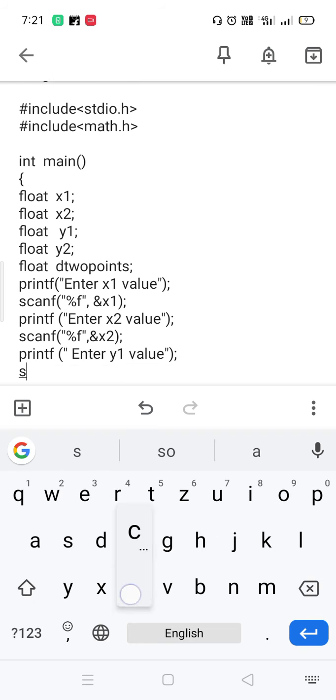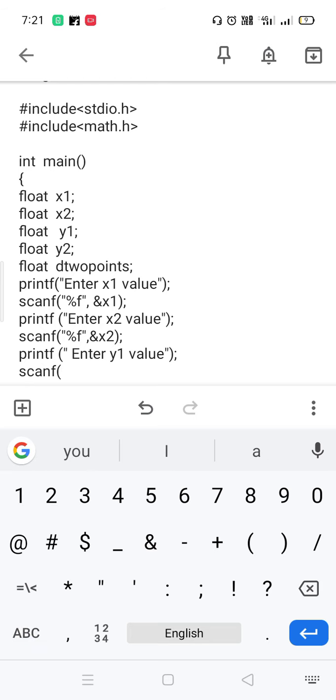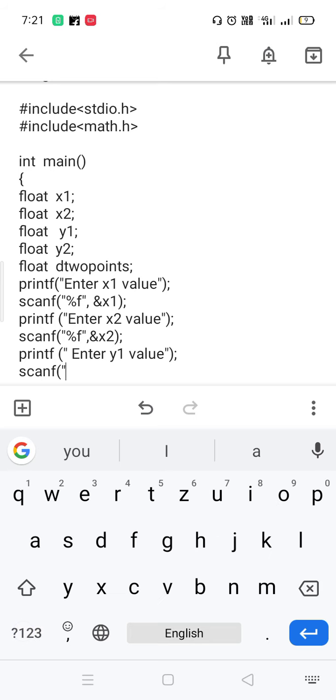Next, scanf, what we need to store, that is y1.